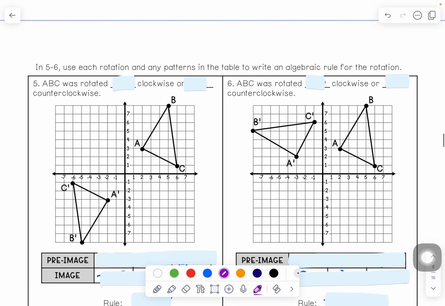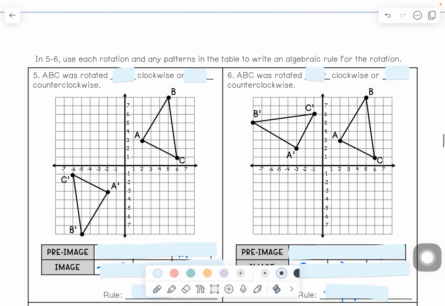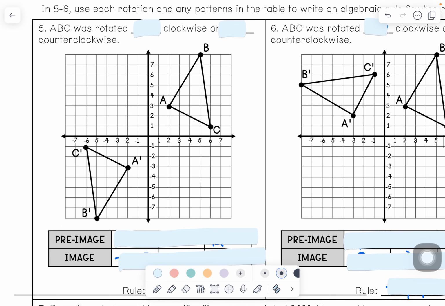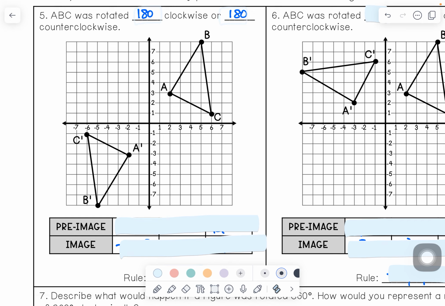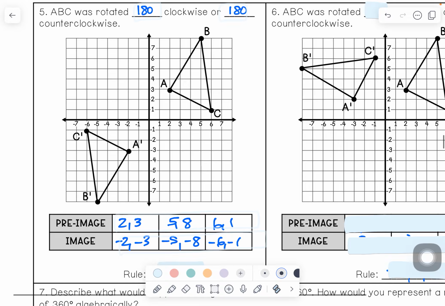And when I look at number 6, my pre-image to my image, it looks like I've rotated 270 clockwise or 90 counterclockwise. They both yield the same image. In my pre-image, my vertices were at the same place, 2, 3, 5, 8, and 6, 1. However, in my image, because it's a 90-degree rotation counterclockwise or 270 clockwise, however you want to view it,